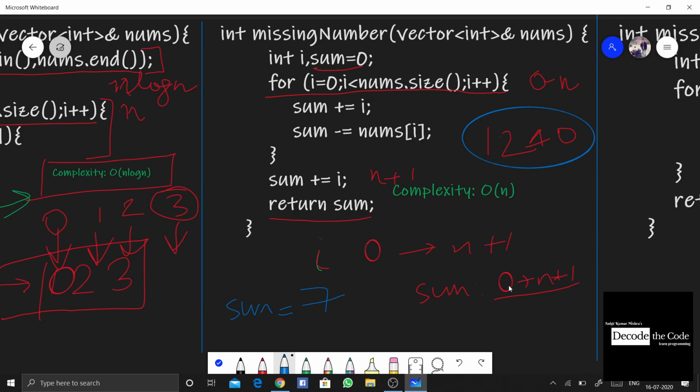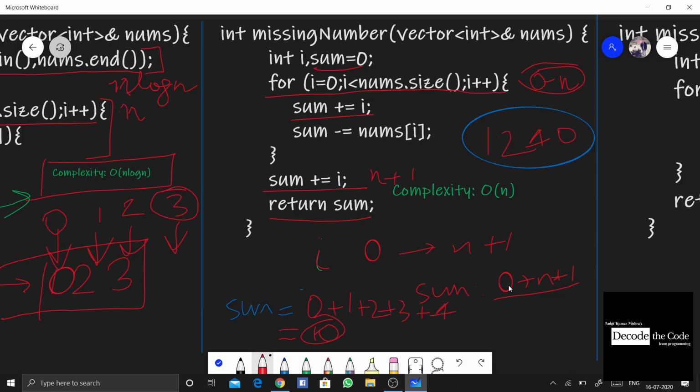this will not be a sum. First we are going to add, right? We are going to add from 0 to n plus 1. So what will be added? The things that will be added are 0 plus 1 plus 2 plus 3 plus up till n plus 1, and we are going to add from here itself. I've told you sum plus equals i will do the same, and after coming out of the loop, i will even add n plus 1. So that will result into 0 plus 1 plus 2 plus 3 plus 4 gives us 10. So our sum will be 10.